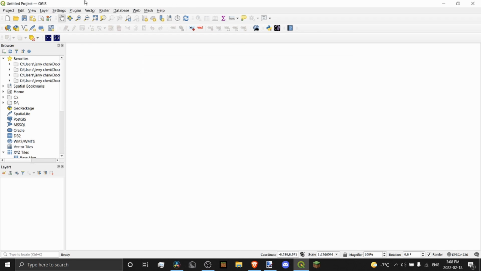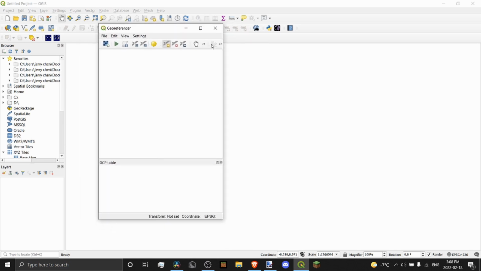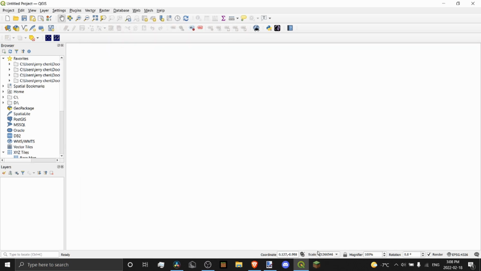And then after you install it, go into raster, and you should see Georeferencer down here. Press on that. And now you'll be prompted with this screen. So let's just close that for a second. Now we need the actual map. So I'm just gonna import